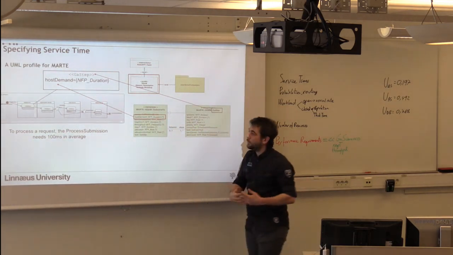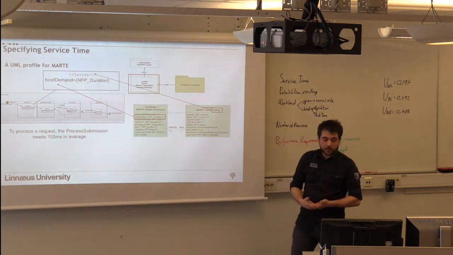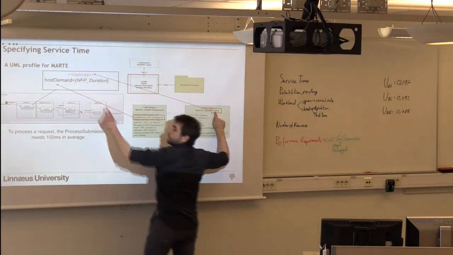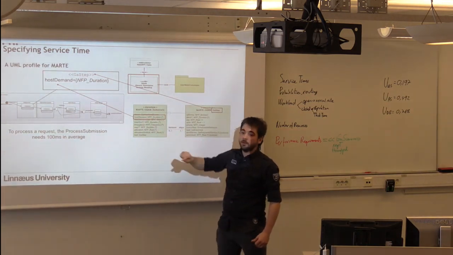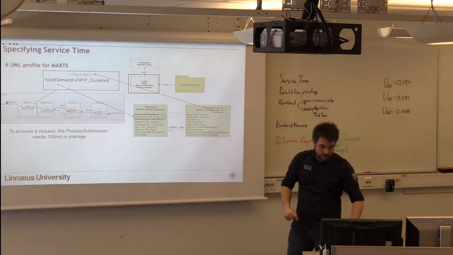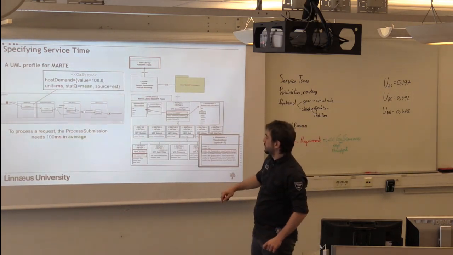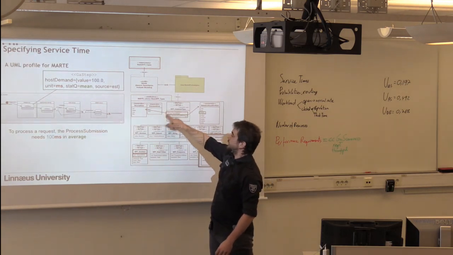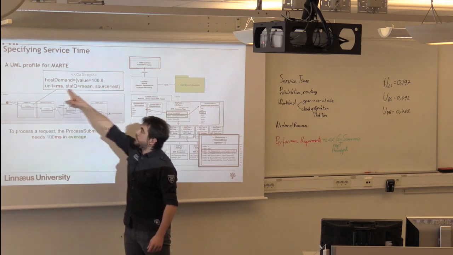So the way we will specify the time that our activity needs to execute, stereotype GaStep, and then we will take host demand, which is a duration, so in the same kind as the previous response time. The duration had a unit, the value, statistical qualifier, and source. So the value 100, now the unit milliseconds,